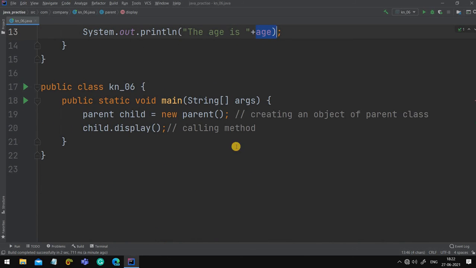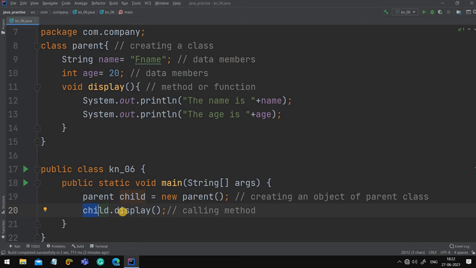Now what we have done here, we have created a product of the factory. That product was child. Object means that product was child, and it is new. It is a new object of the parent class. Now we have created an object, and we have to print the name and age of that object. So we have display, and we have called a method here. About methods you will get to know in the next video that is coming.